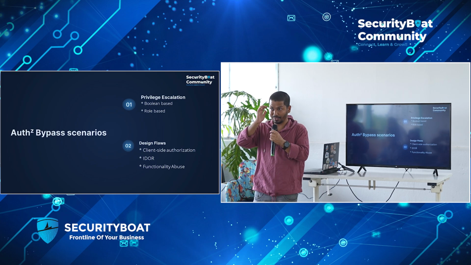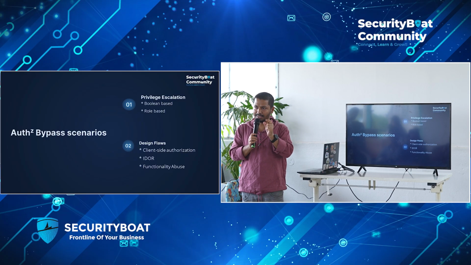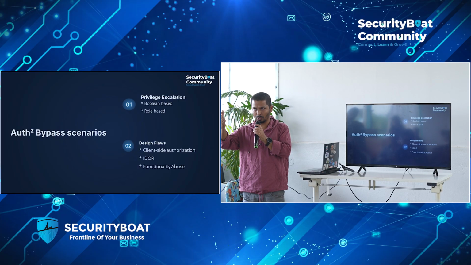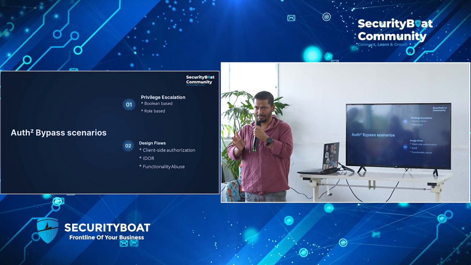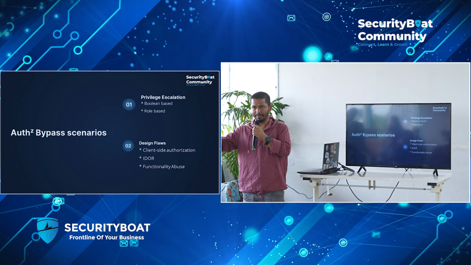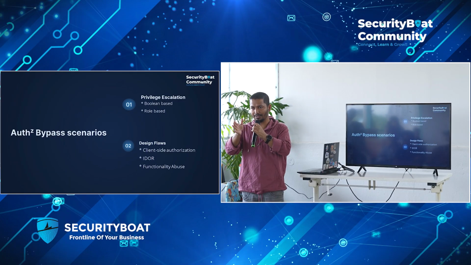Usually, if you look into the application after you log in and inspect all the variables, you may find in a few applications Boolean-based roles are used: is admin, is super user, is manager, something like that. It will be either set to true or false based on your account. Or you can see some role parameter mentioned: role equal to admin, role equal to user, role equal to 0, 1, 2, 3, 4, numeric or string, something like that. Or role equal to some long identifier. So anything may be possible based on how the application is implemented.